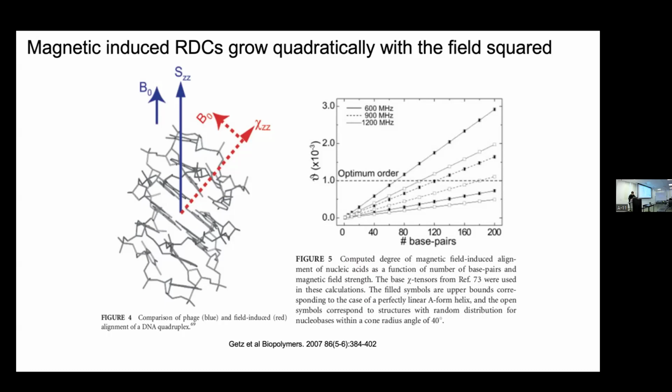So at 1.2 gigahertz, for a 60 base pair DNA, which like we have, I think 40 base pairs in our lab. I don't think we went to 60, but it's not totally unreasonable to. But this is assuming a perfect helix. Because if you're a tRNA and your helices are sticking in different directions, your tensors are not going to sum. But if we made